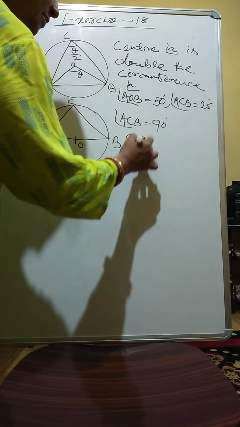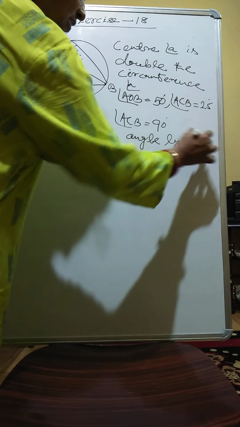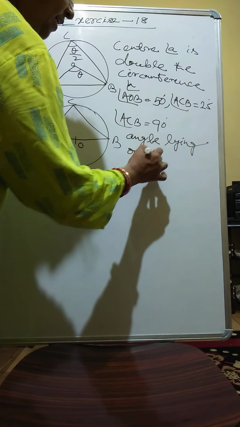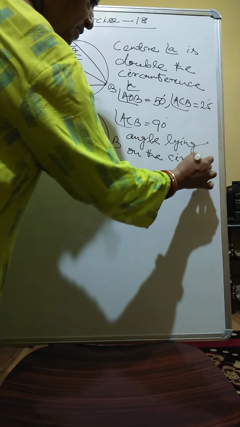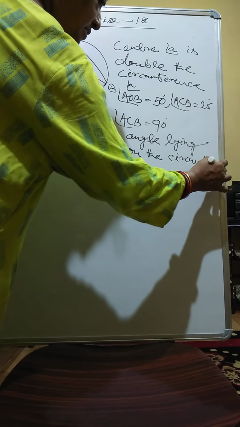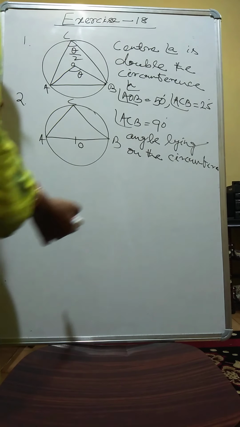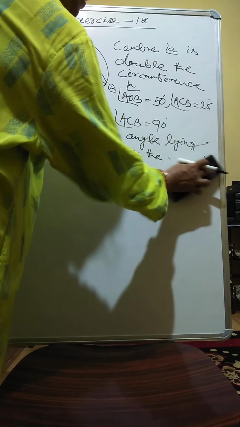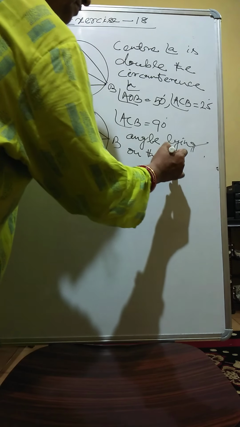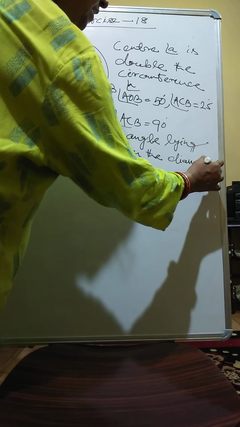Angle lying on the circumference is angle lying on the diameter is